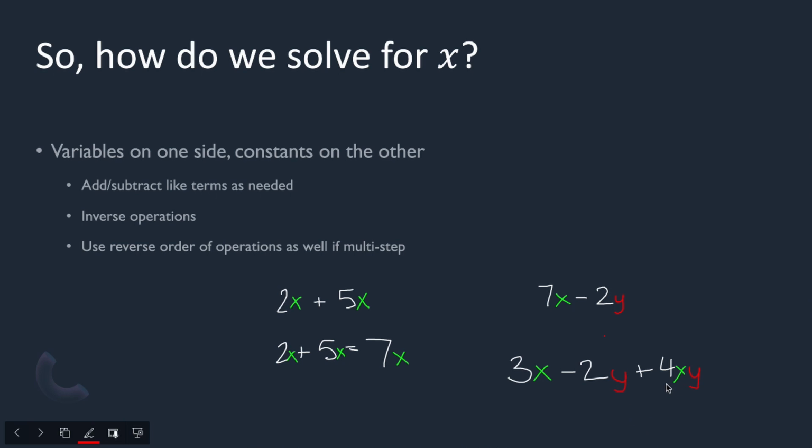Now, you may be thinking that there's an x here, we can combine it with x. But there's also the y there, so you can theoretically combine it with y, right? Wrong. You cannot combine any of these because none of them are like terms. Why? Because this one only has an x, this one only has a y, and this one has both. So you have to have the exact same variable or variables after your constant so that these terms can be like. So this remains 3x minus 2y plus 4xy.